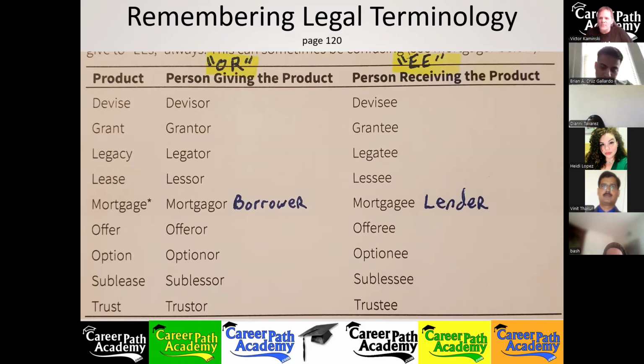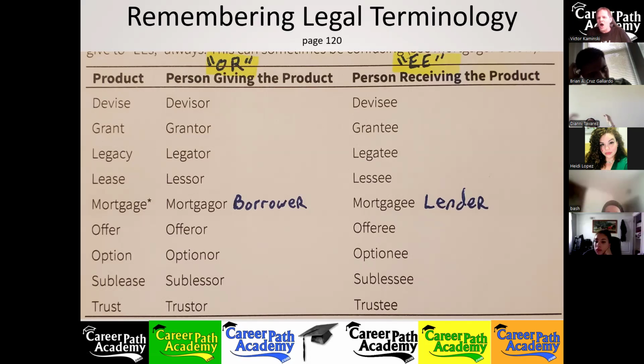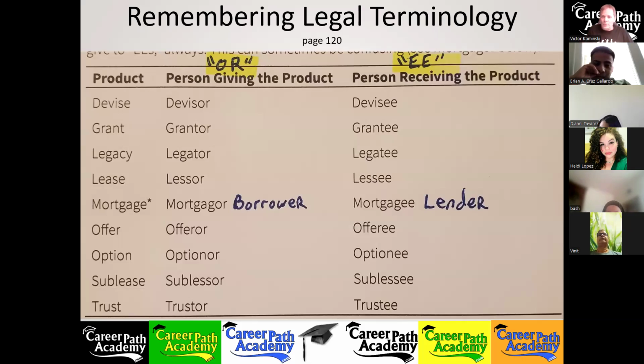Now I don't need to remember any long, lengthy story. I just remember Victor was singing to me, the mortgagor is the borrower. And that my annoying voice gets stuck in, okay? Hopefully. Because this way you don't need to think about it. I doubt they're going to ask you a question straight out, like who is the mortgagor? I mean, they may, but I doubt it. They're probably going to have these terms mortgagor, mortgagee, and some long question that's wordier than it needs to be.